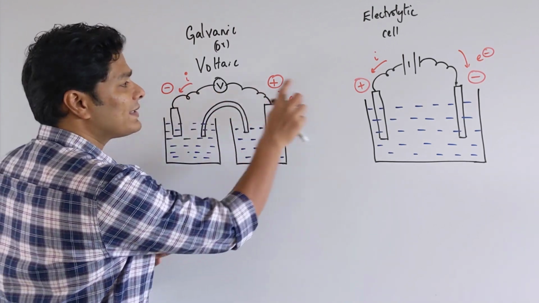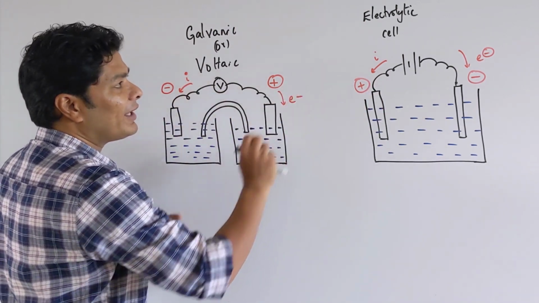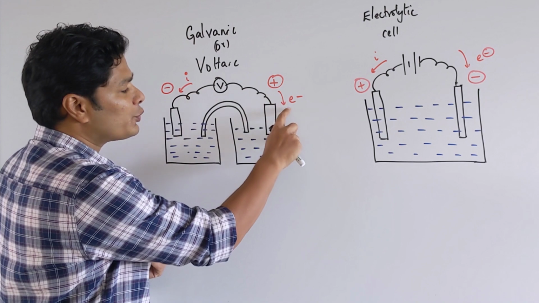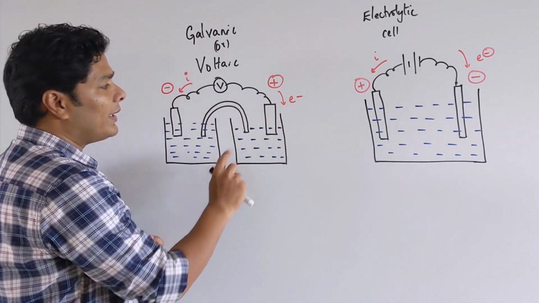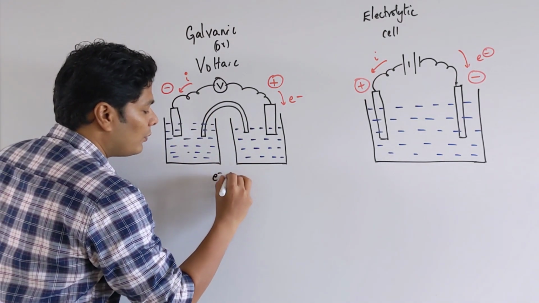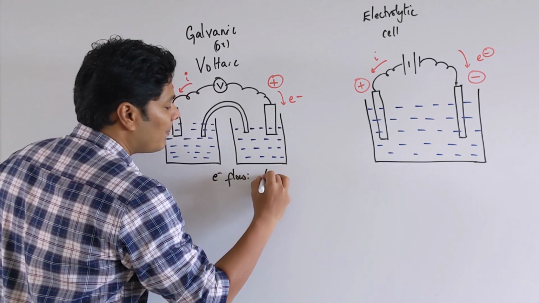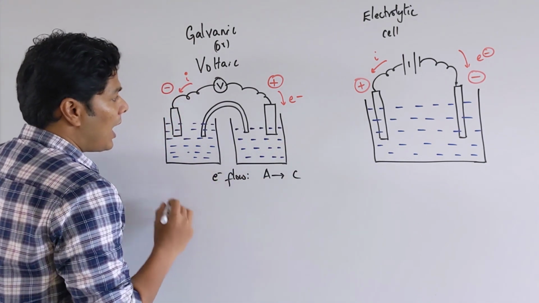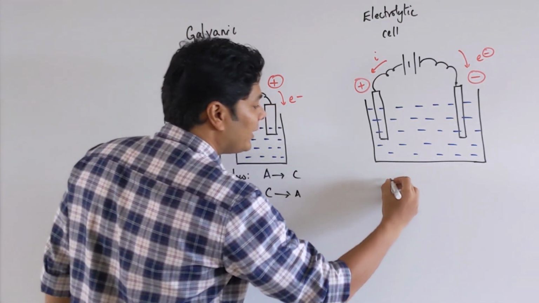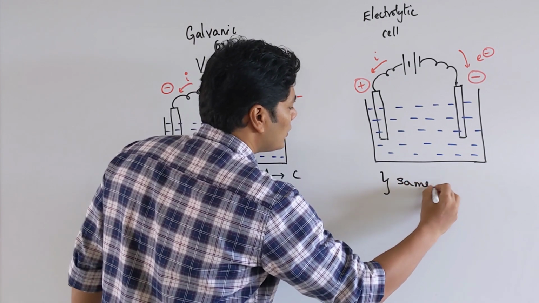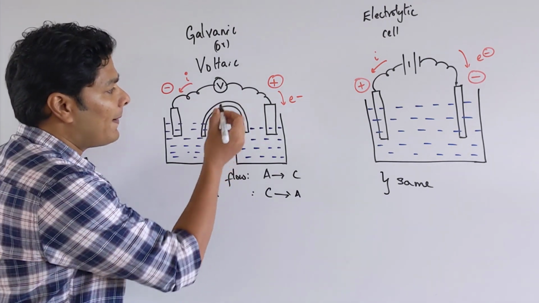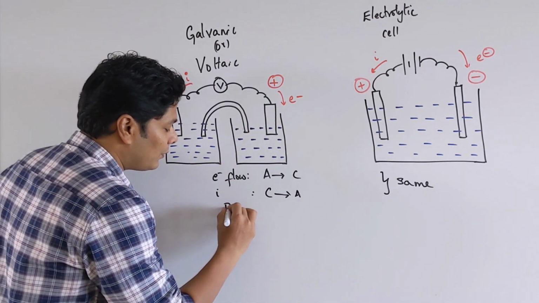Now you cannot say from these symbols, because those are exactly opposite for galvanic and electrolytic cells. So you have to be careful. One thing you can always say is, cathode is where the electrons flow into. So the electron flows from the anode to the cathode. In our galvanic cell, the electron flow is always from anode to cathode, and your current flow is from cathode to anode, and luckily it is the same for you in the electrolytic cell. So there is no difference between both of them. And another similarity that you want to know is, your reduction always happens at the cathode.